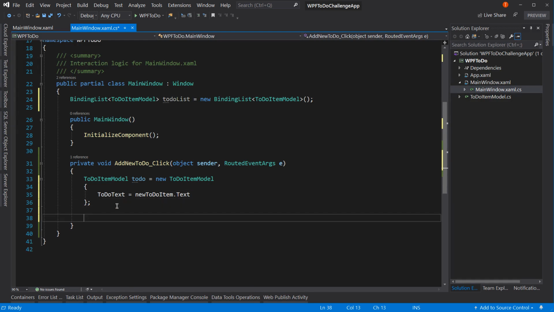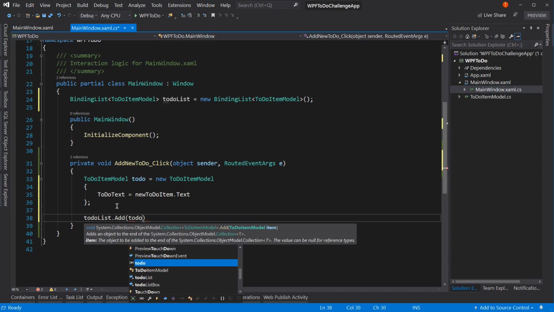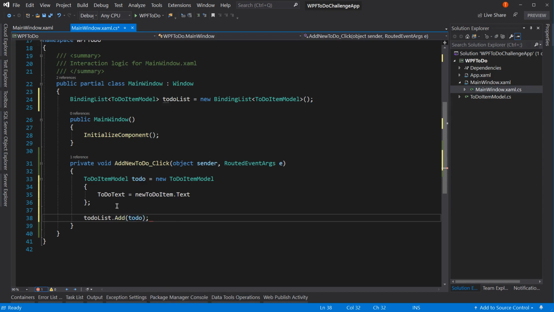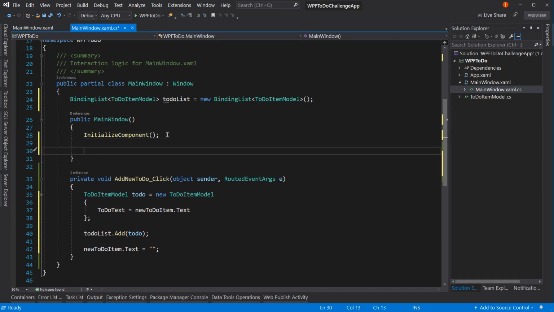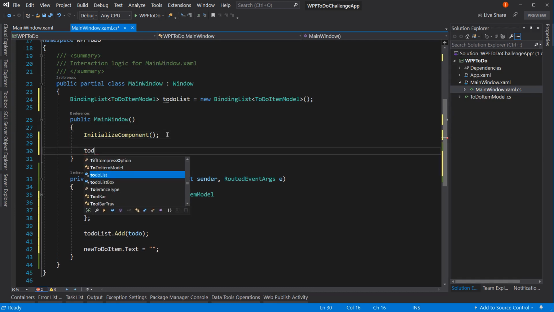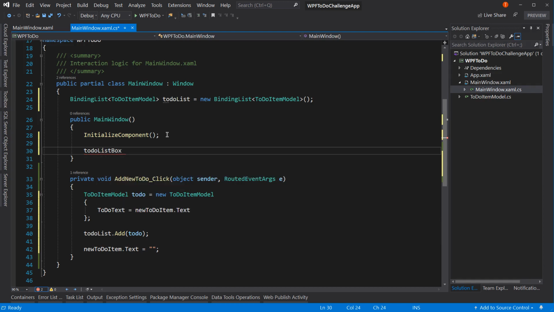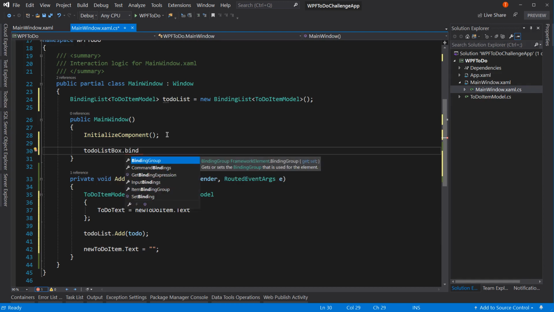And then after that, what we need to do is say to do list dot add to do. And now after we do that, we also set the new to do item dot text equal to empty string to clear that out. Now if we set our binding here, so let's set our binding to be to do list box dot binding dot data source, or I'm sorry,